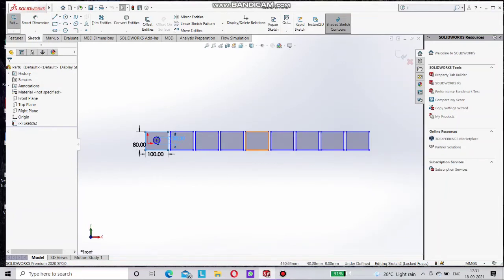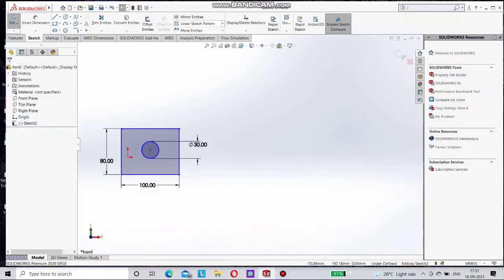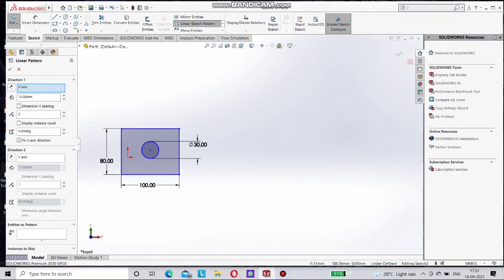I'm deleting all these. For deleting all these, you just have to drag this mouse like this and select the delete button like this. Okay, again I'm selecting all these lines,